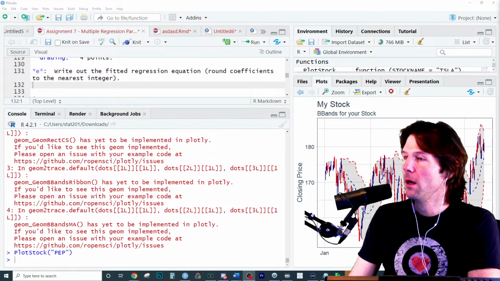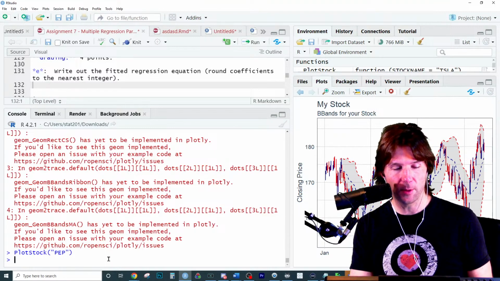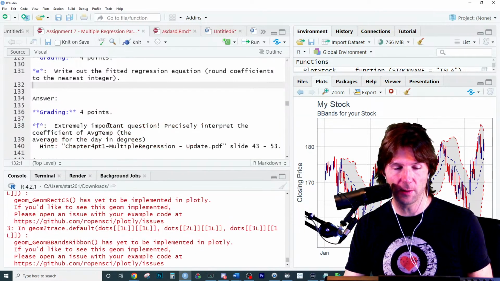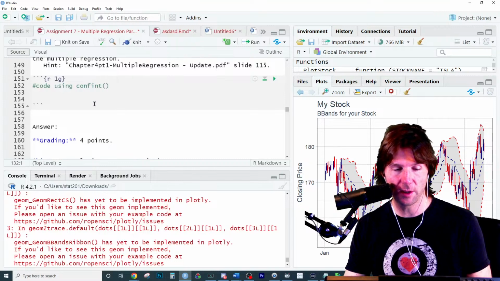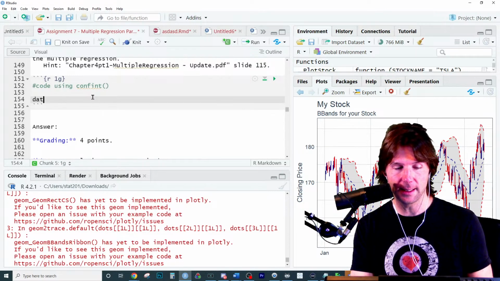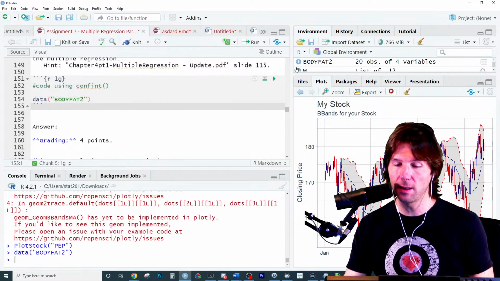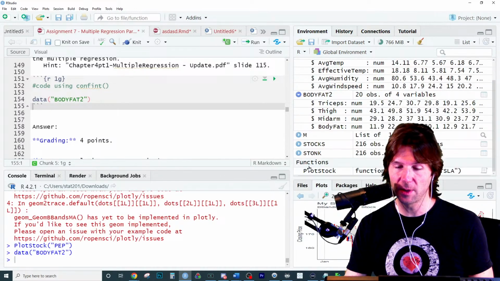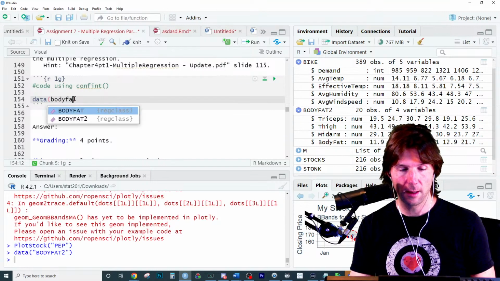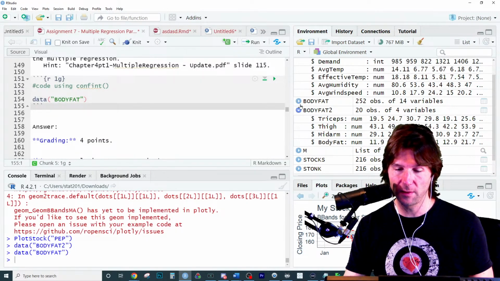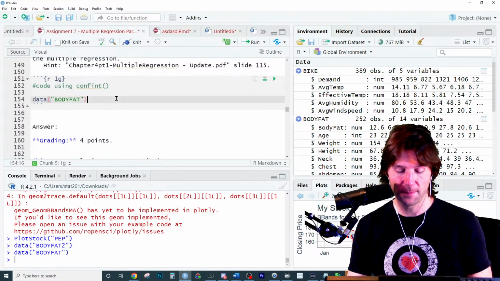Okay. So when we interpret coefficients, let's look at one of my favorite data sets to work with, which is the body fat data set. If you've come to class, you've probably heard this one. In the body fat data set, we are predicting somebody's body fat. I'm going to use body fat data set 1, and it has the more variables, and we see them right there. So let's predict somebody's body fat.